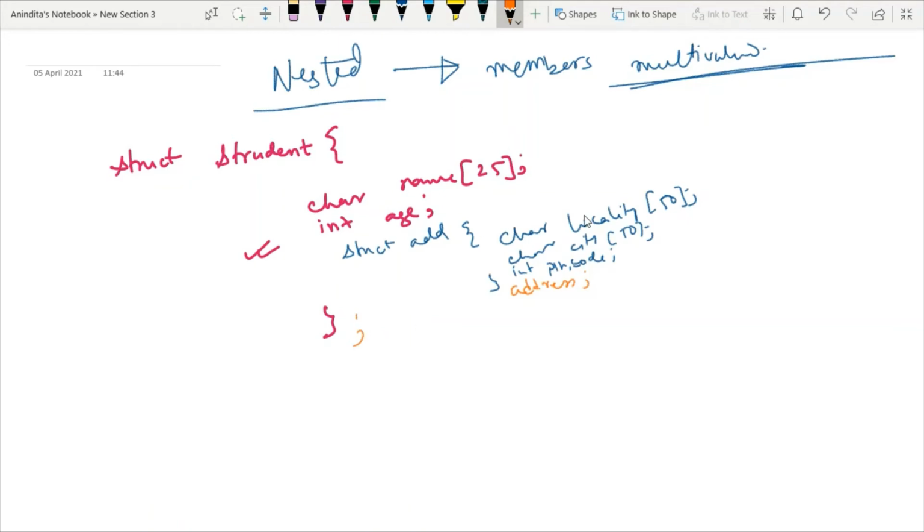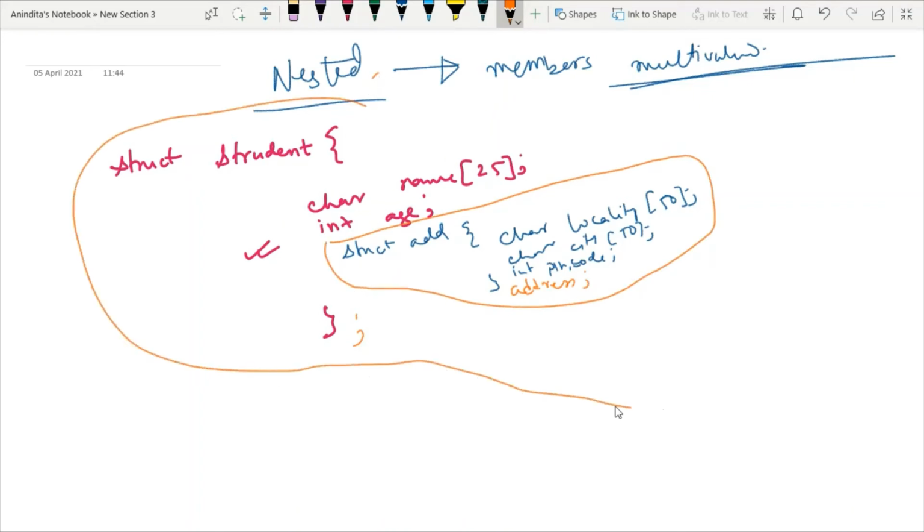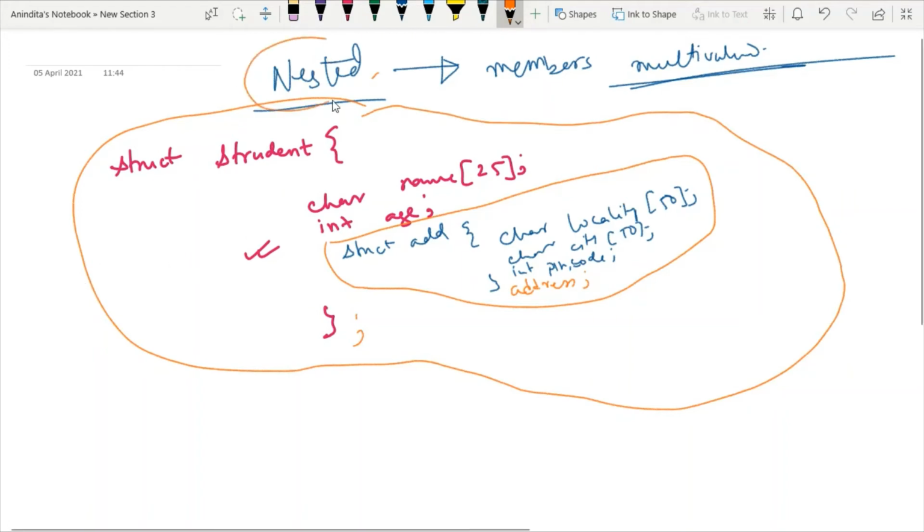So whenever I write one structure inside another structure, it is known as the concept of nested structure. At this point, we need nested structure. Similarly, you can apply this concept to any situation, because whenever we deal with an employee database, there also we will have employee name, employee salary, employee age.